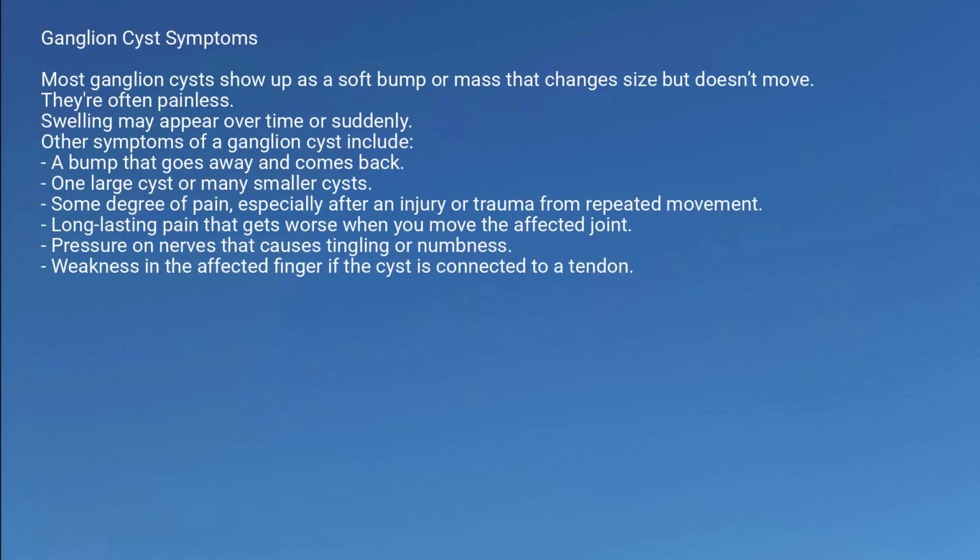Ganglion cyst symptoms. Most ganglion cysts show up as a soft bump or mass that changes size but doesn't move. They're often painless. Swelling may appear over time or suddenly. Other symptoms of a ganglion cyst include a bump that goes away and comes back, one large cyst or many